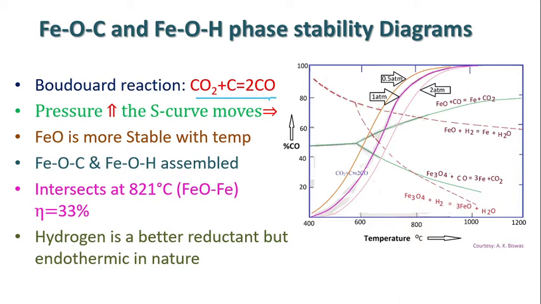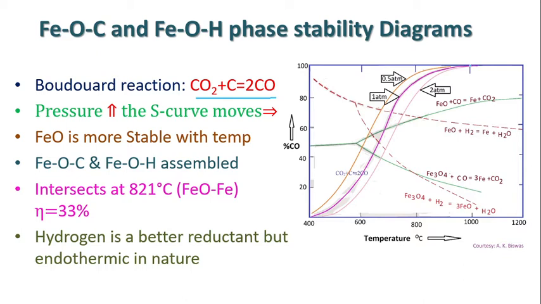And also we know that with increasing temperature, carbon monoxide is stable. As we increase the temperature on the x-axis, or go to the right side, this curve goes towards the upper part and joins the 100% line beyond 900 or 1000 degrees centigrade. It is about 100%.